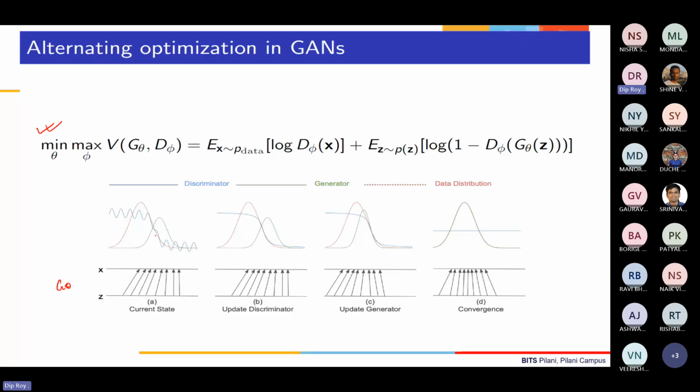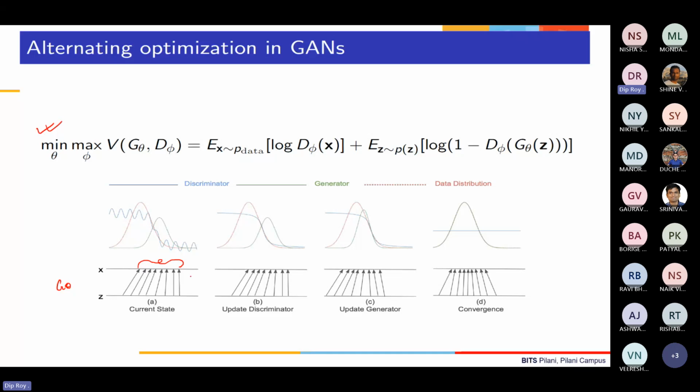All right. And we have two distributions. One is the true data distribution, which is your red line, and one is the fake data distribution or your generator data distribution, which is your green line. And you see both of them are different. When you sample Z and pass it through the generator, the fake data points are somewhere here, and that is why the distribution is also like this. Okay. And when you start this algorithm, obviously you don't have a good generator, and that is why you see this particular zigzag line here.